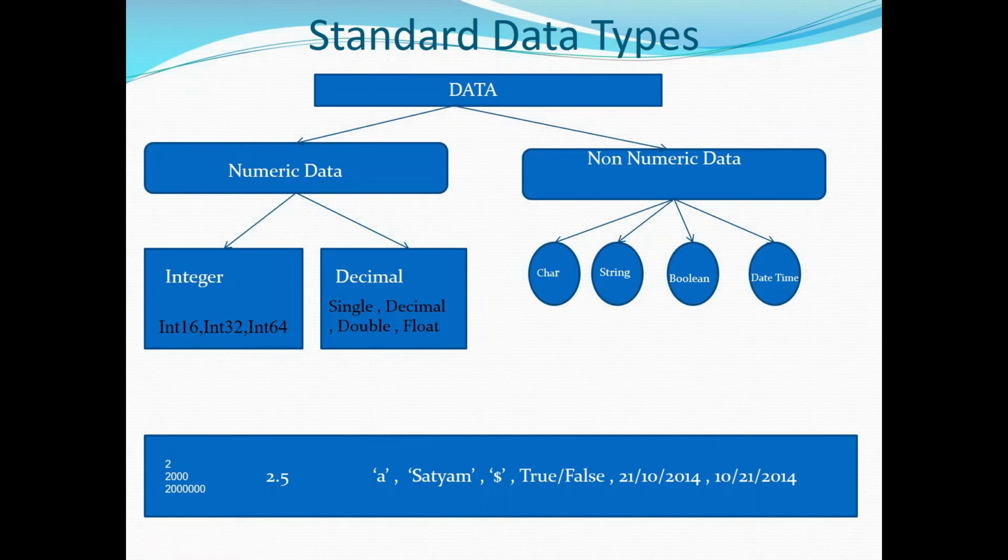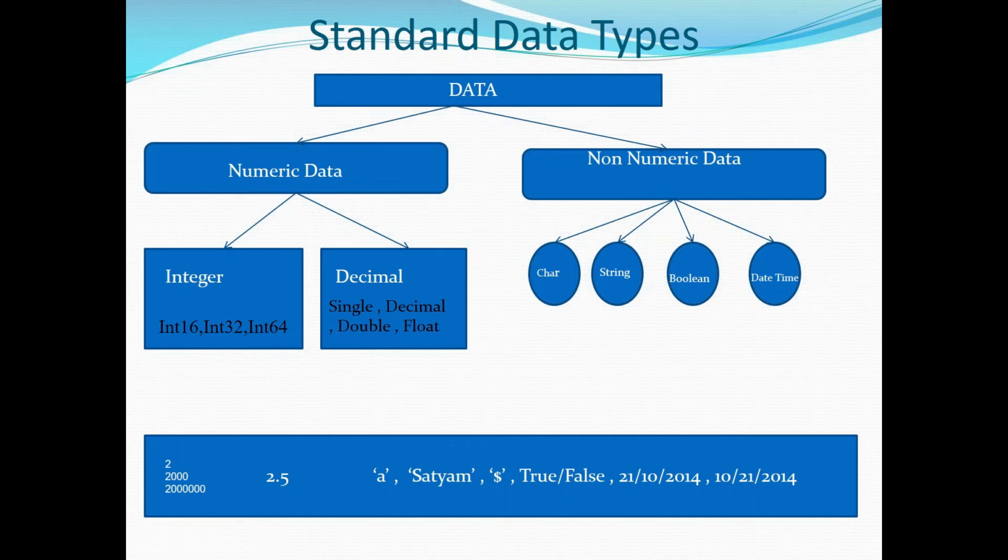So based on this difference, what they have done, again they have categorized numbers into two different categories. Those are going to be integer and decimal. A number which doesn't contain decimal part comes under the integer category. A number which contains decimal part, real part, floating part, comes under decimal. Numbers are divided into two categories, integer and float. All types of numbers which don't contain any decimal part come under integer. If the number is having decimal part, that comes under the decimal category.